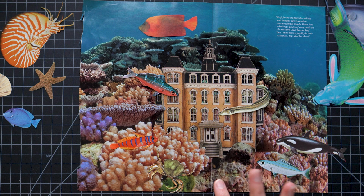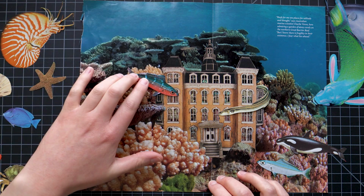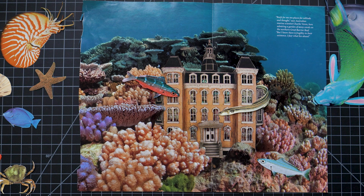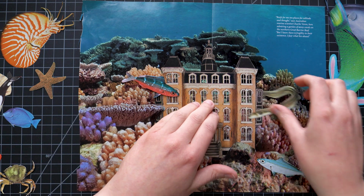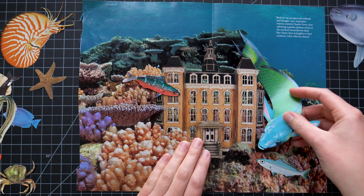Okay, so as I'm laying these out, I'm worried that too much is happening. Like I think I need to scale back. And I like this fish and this fish down here. And then what I also kind of noticed when I was moving all these around was if I have these three fish